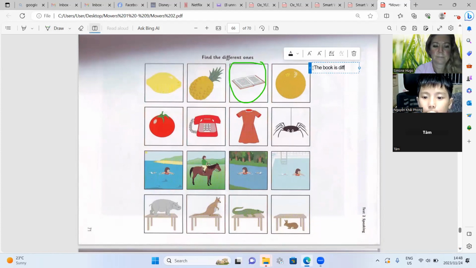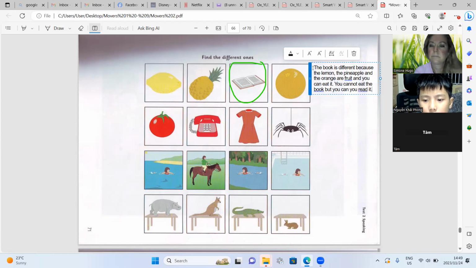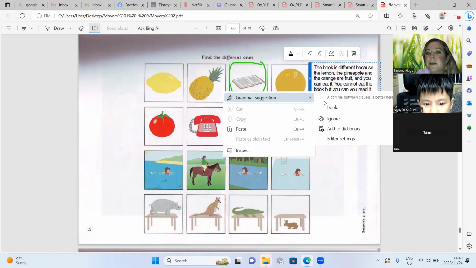The book is different because the lemon, the pineapple, and the orange are fruits, and you cannot eat the book, but you can read it.